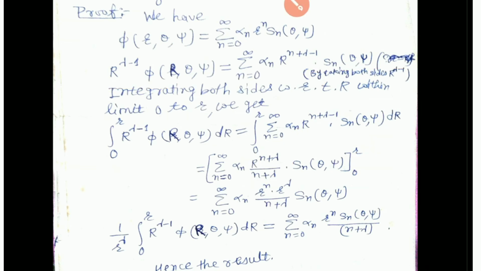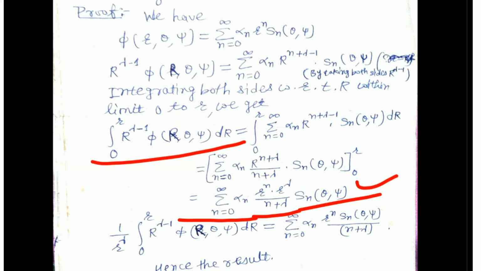So what do we get? We get this is equal to summation over n is equal to 0 to infinity alpha n r to the power n into r to the power lambda upon n plus lambda into Sn of theta psi, and therefore this is equal to this, and so we have